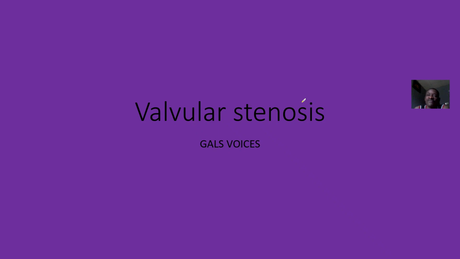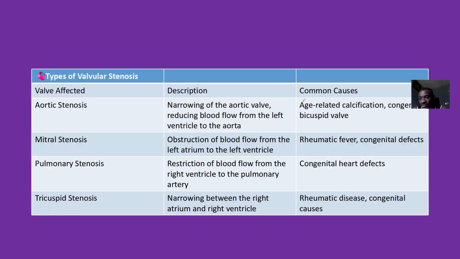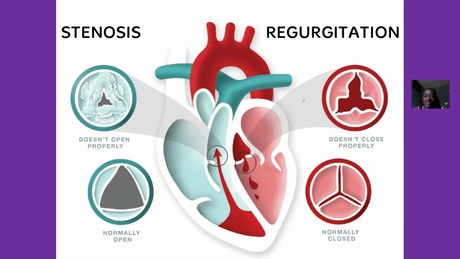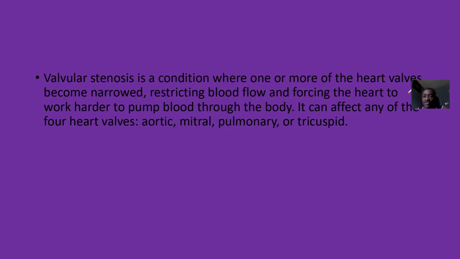You have different valves in the heart, and this could occur in different valves. When it occurs in the aortic valve, we say aortic stenosis. If it occurs in the pulmonary valve, we say pulmonary stenosis. Mitral valve, mitral stenosis. Tricuspid valve, tricuspid stenosis. So it's just a condition where one or more of the heart valves become narrowed